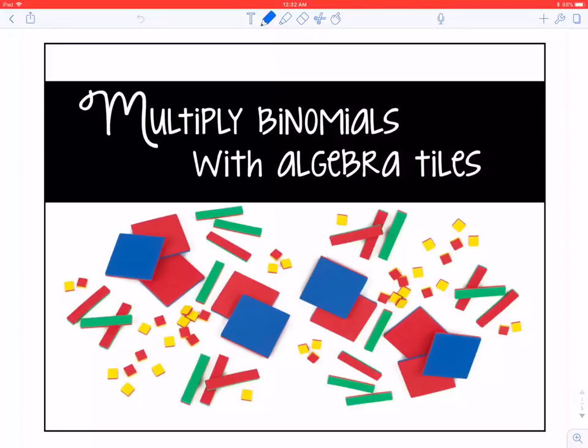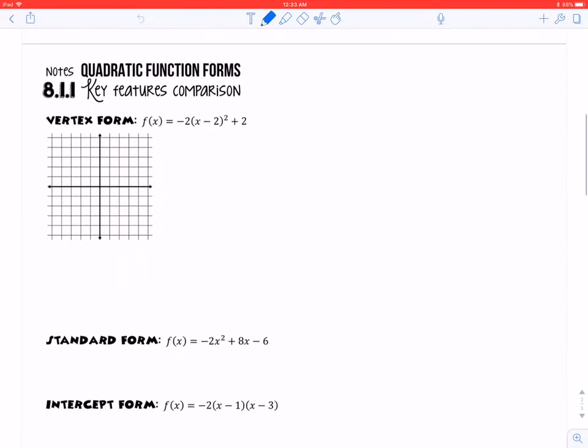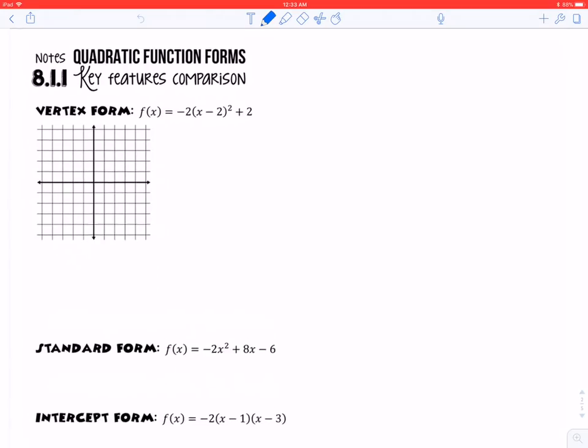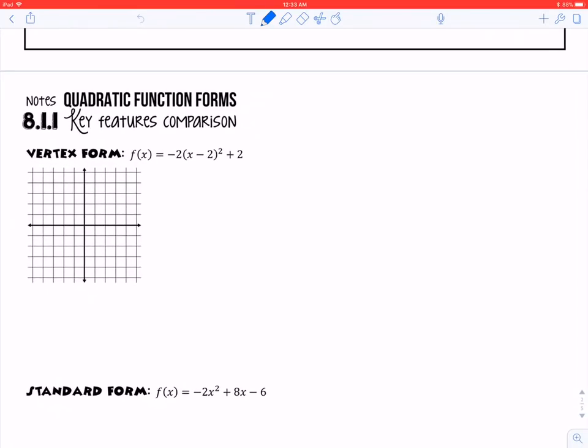Okay, today we are going to look at multiplying binomials with algebra tiles. But first, let's review our context from last class. We graphed f of x equals -2(x - 2)² + 2. And so if we want to focus on this graph,